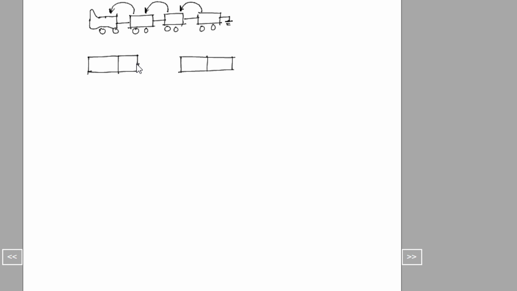So you can see, even though one coach is only attached to one coach, we can have the entire train running. This is the direction of the running.